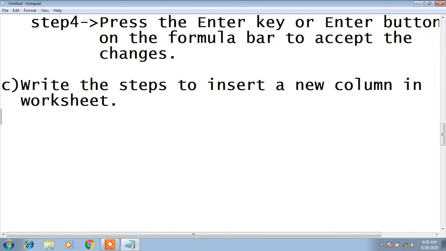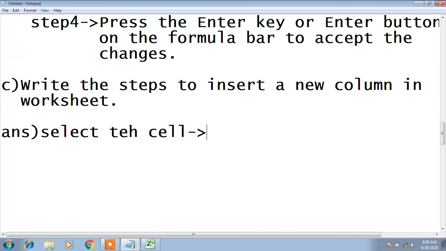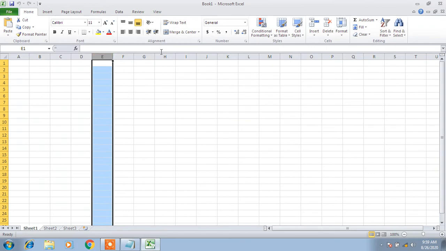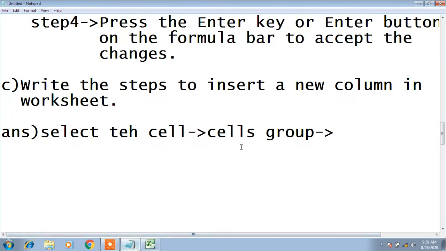Now the answer for this question: select the cell, then go to the cells group. In the cells group we have the option insert.